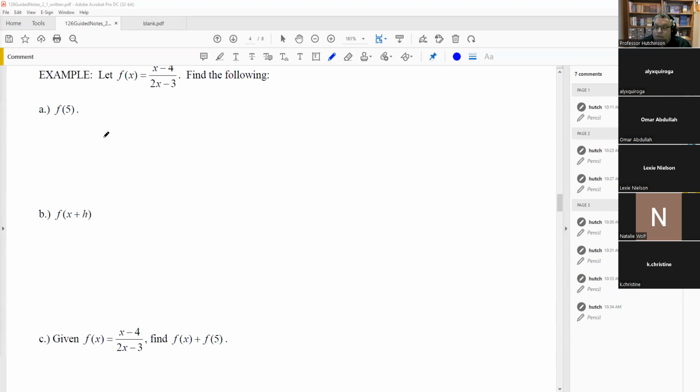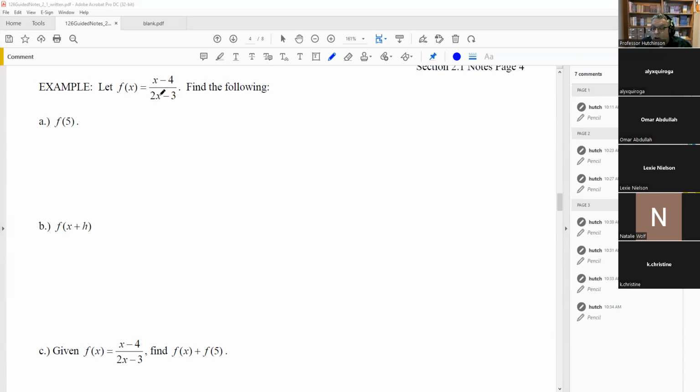All right, so we want to find f of 5. So this time we have an x on top and x on the bottom. So when you're trying to find out f of 5, that means that both of these x's are going to get replaced with a 5. All right, so that's going to look like this. So f of 5